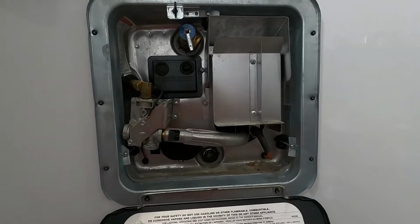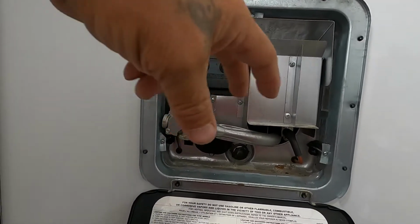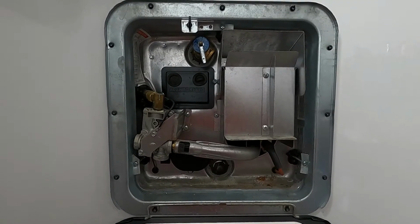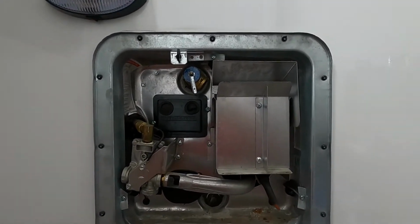Now if your hose has been on for a little while, you can go inside. If you want, you can deploy your slides at this time because our unit's level and stable. But go to your water taps, open up your water taps. Once water's flowing out of everything, showers, etc., no air in the lines, you can go ahead and shut off all those taps